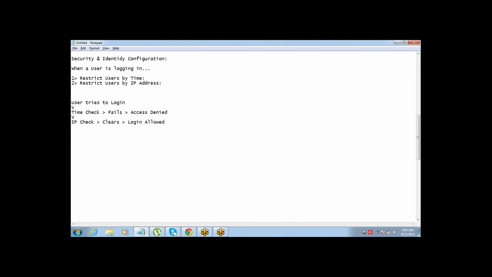But even if it fails, the user still has other options available. Even if the IP check fails, Salesforce does not deny access straight away. It goes and performs a cookies check.